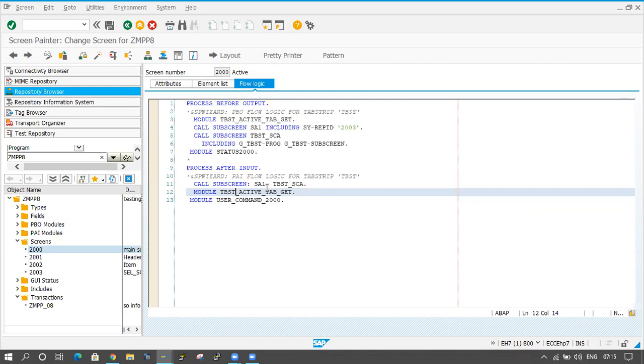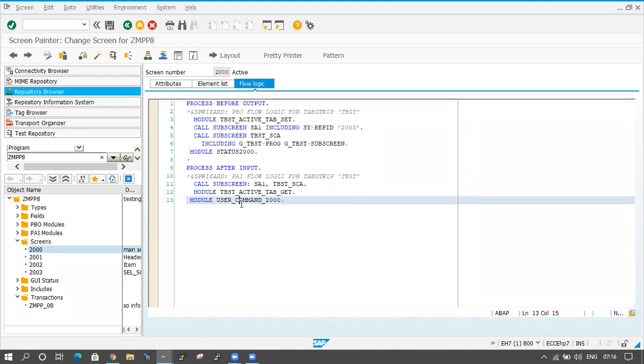So the program will stop at that place only. It won't come to the next line because that is the error message. The error message will stop the execution of the program at that place. The cursor won't go to the next line, so this module won't be called here. The cursor is coming to the 11th line, and in the 11th line only the error is coming. The cursor will stop at that place only. It won't come to the 12th line and 13th line. If the cursor came to the 13th line, then back button functionality should work here.